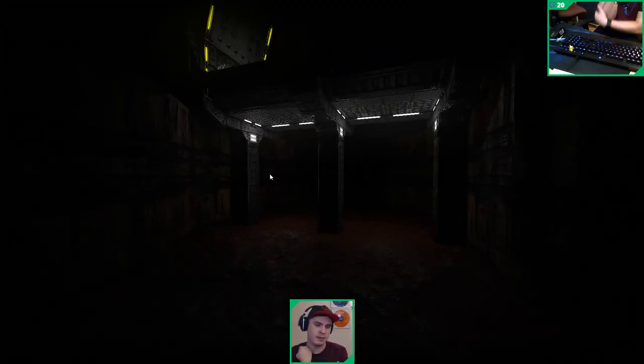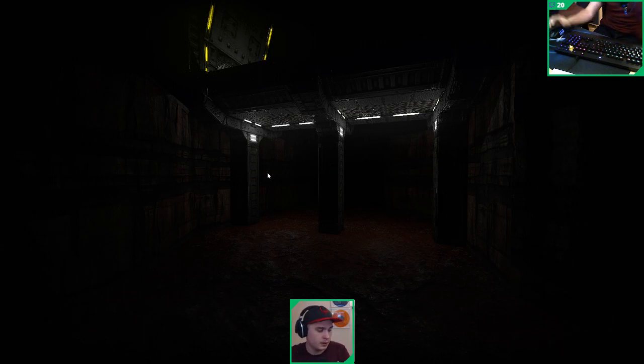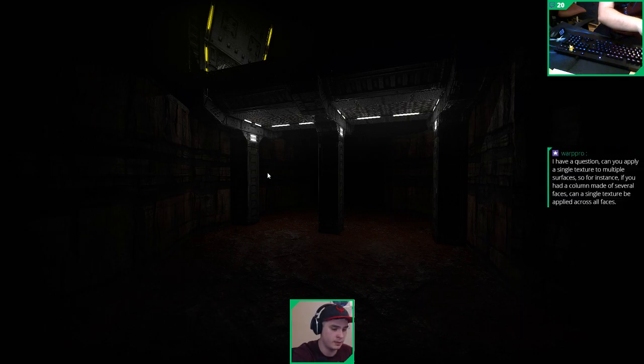Is there liquids in this? At the moment, the only liquid we have is lava, but you can recolor it to any color. I'm hoping for more specific liquids, but I actually don't know if water is in the plans or not right now. Anyway,